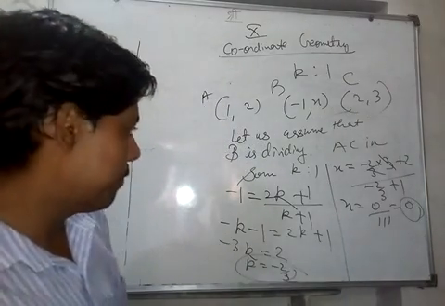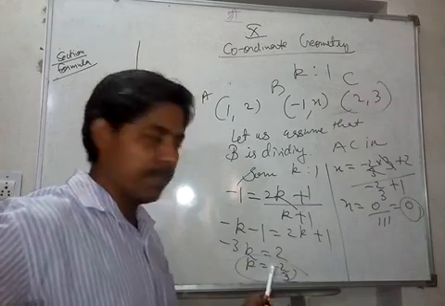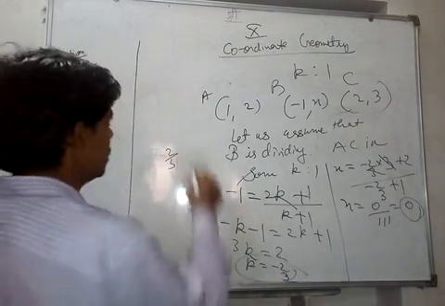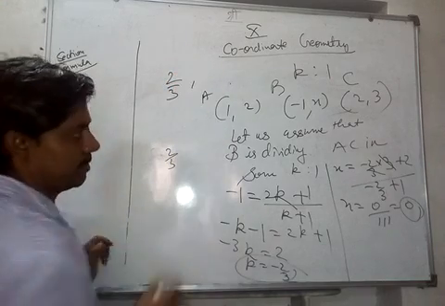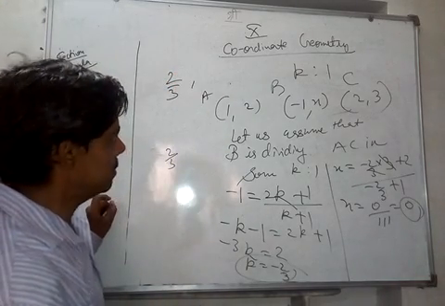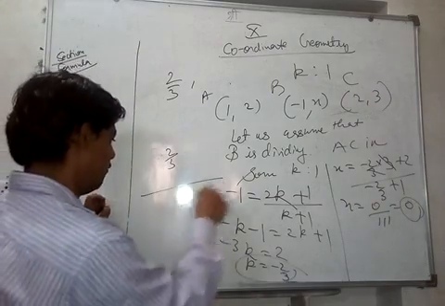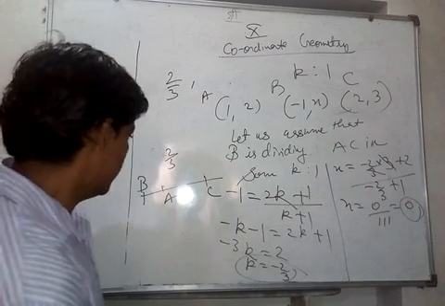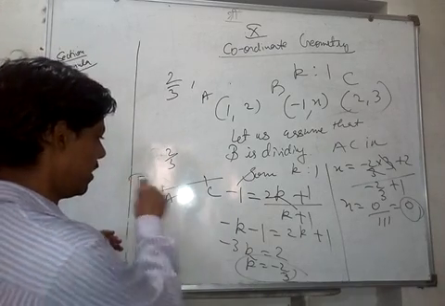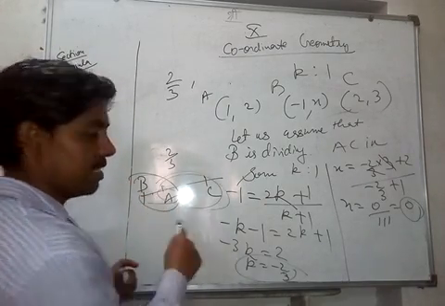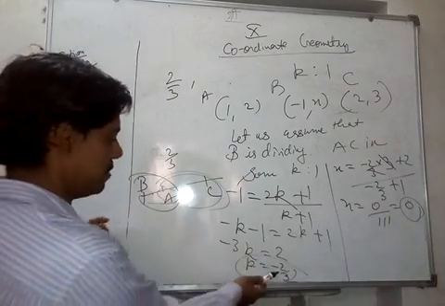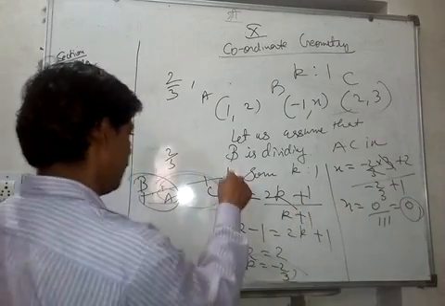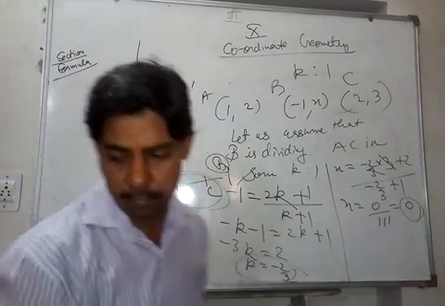And another thing is, if you find this ratio to be negative, that means external division. But this negative quantity, if you remove the negative sign, could be a proper fraction or an improper fraction. So if it is a proper fraction, that means, where this is A and this is C, if suppose I take B here, then this is 2 and this is, we always take AB and AC. So AB is 2 and AC is 3. So if it is proper, B will come towards the left side, and if it is suppose 3 by 2, then B would have come here. But that is just a technical point.